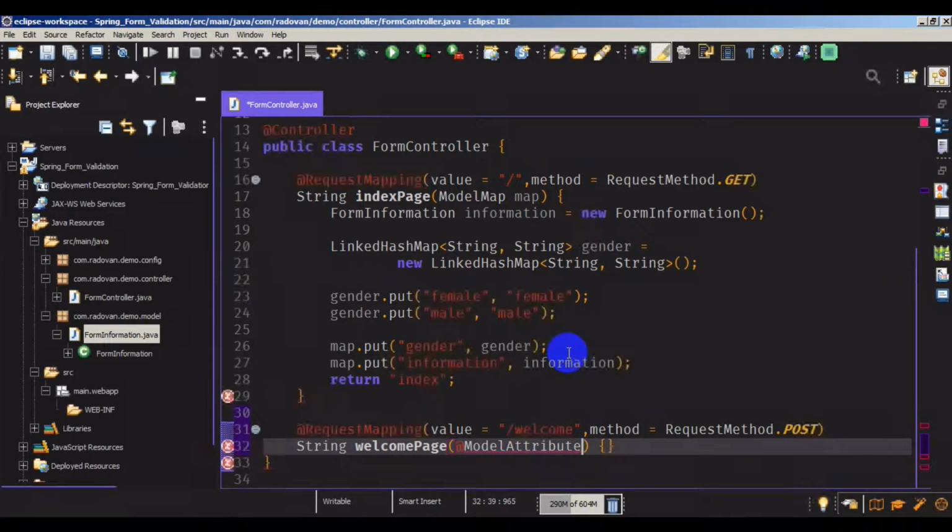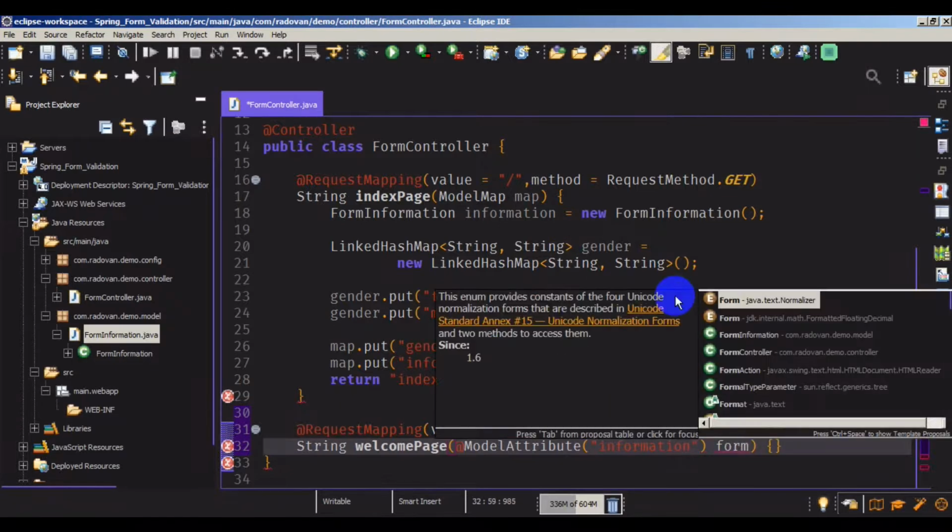Model attribute, and that attribute needs to have a name, and that will be information. That will be form information, like in the previous function. It will be information, of course, and we need to type what object it will be. It will be form information,